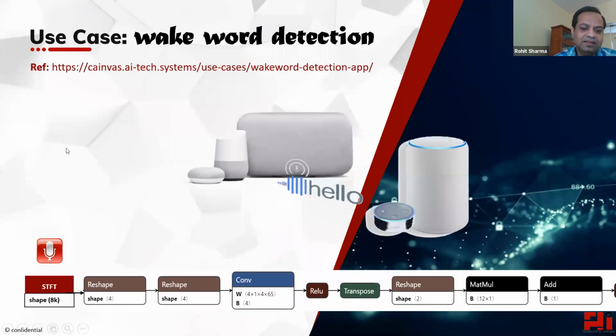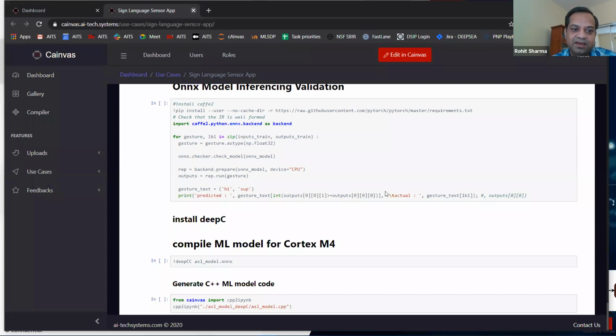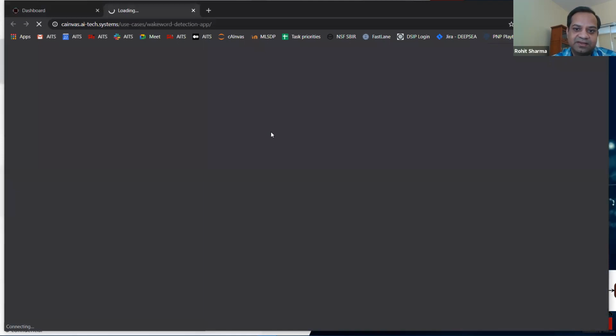And the network that we used for that purpose on our platform is, the same board has a microphone as well. So we use the same board for this POC, and here is a URL on top, and this is in the references too, in case you want to play around with that. So what we did, we trained this and compiled it onto the device. And let me take you to that application quickly.